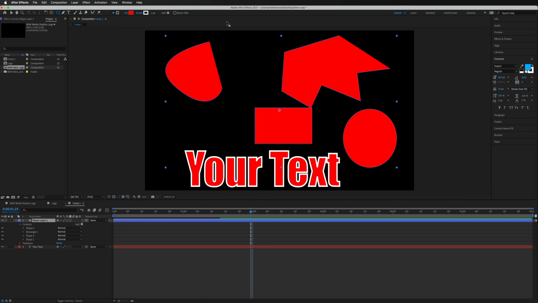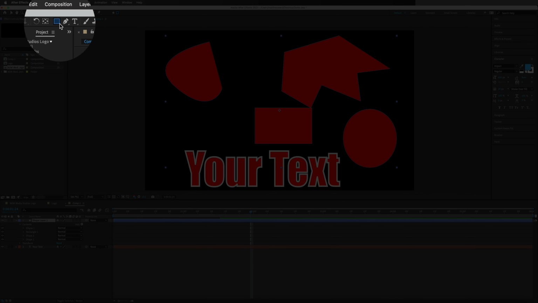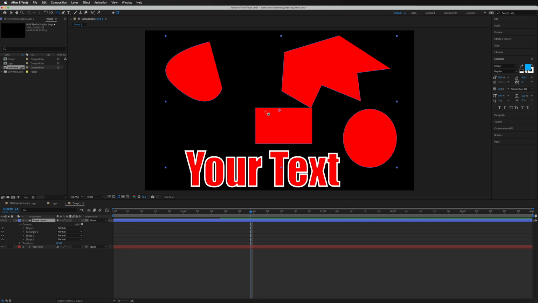And all we've got to do is just switch between these two depending on what it is that you want to do. So if I just decide now that I want to cut out a circle inside of this rectangle, I'm just going to go back up to the section where we've got the shape or the mask options. I'm going to choose that mask. I'm going to change my rectangle to be an ellipse. And then I'm just going to draw this inside of the rectangle and hold down Shift to lock those proportions. But one thing to keep in mind is because all of these shapes are on one individual layer, once I go and mask a circle, everything else will disappear.